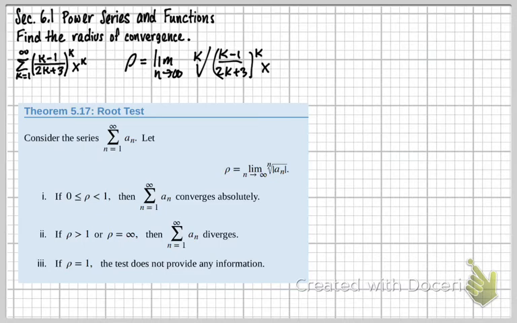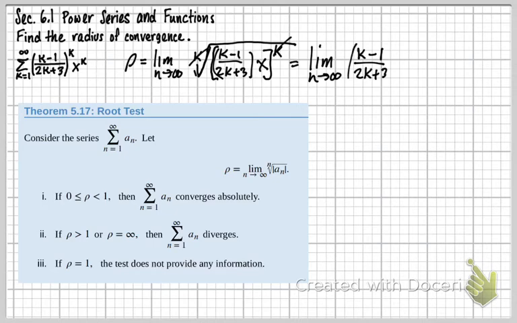Well, what I'm going to do here is I'm going to take this k away here, and I'm going to do it this way. If this is okay with you guys. Actually, no, let's just, yeah, we're going to do it this way. There. So there's our basic setup to begin with. So now, because we have the kth root of a k, those would cancel. And really, I have the limit as n goes to infinity of k minus 1 over 2k plus 3 times